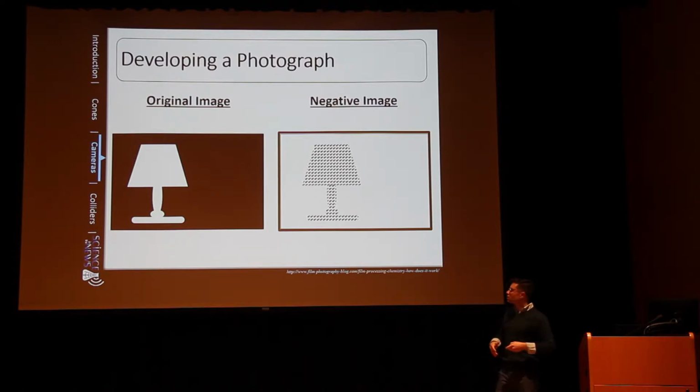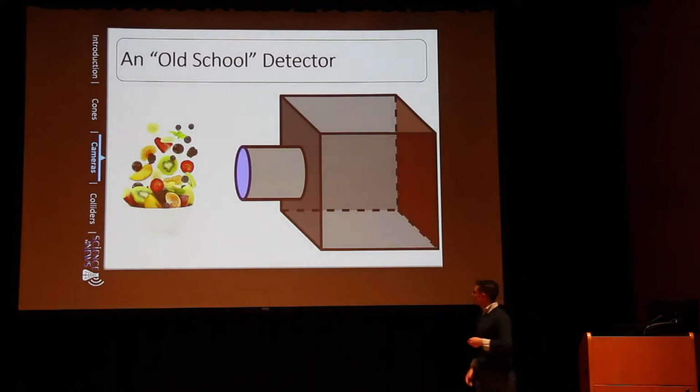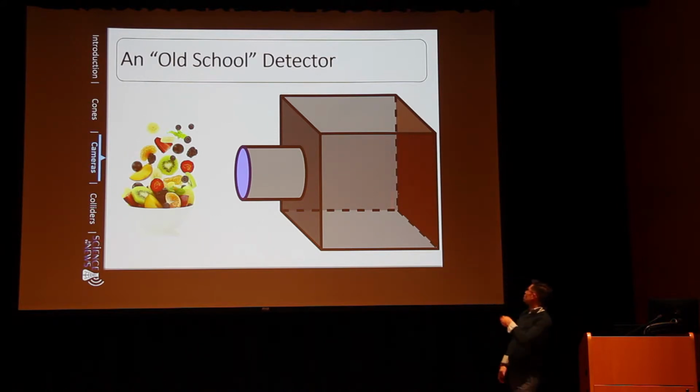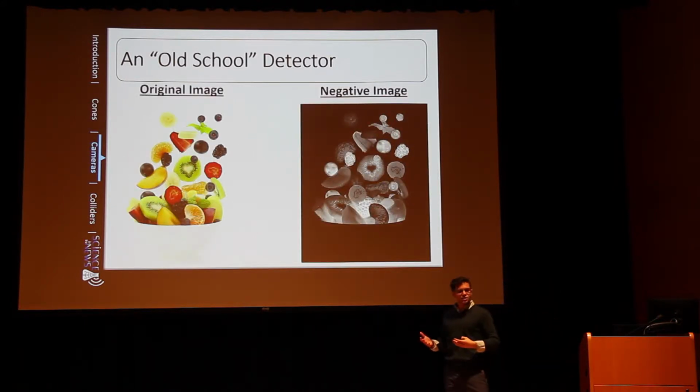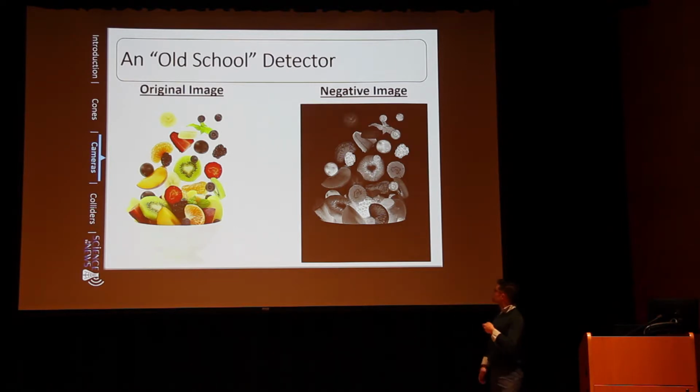So if we go back to see what this looks like in practice, if we have our bowl of fruit that we saw earlier, and we have a camera next to it, it's going to take a picture of this bowl of fruit. And it's going to image it onto our film we have back here. Click. And you'll see we get a nice image on our film. And again, our negative image is just reproducing what we originally saw, here just in black and white. And what you'll notice is that this bright spot in the kiwi right here shows up dark in our negative